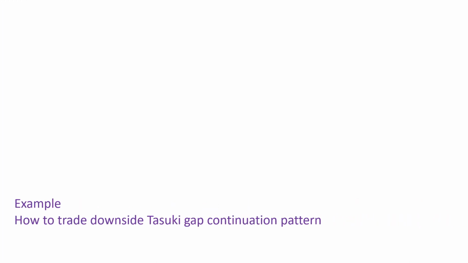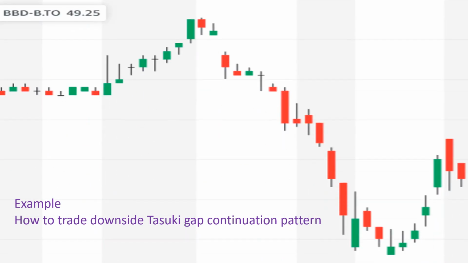How to trade the downside Tasuki gap continuation pattern. This is Bombardier stock, D1 time frame, Yahoo Finance. In the middle of this downtrend, you see a downside Tasuki gap with a small variation. This pattern starts with this